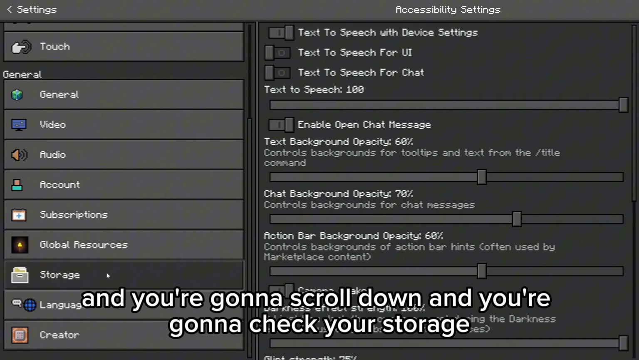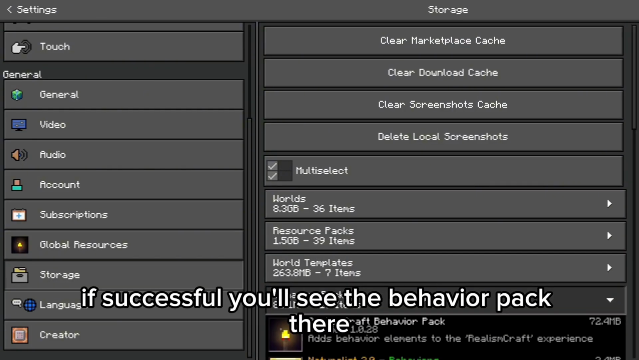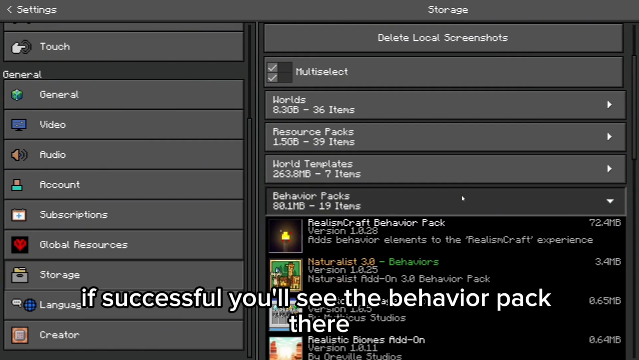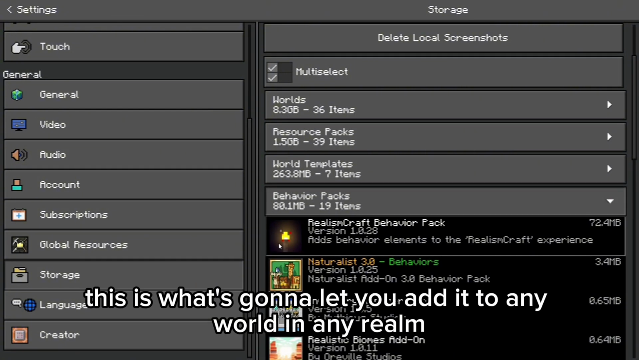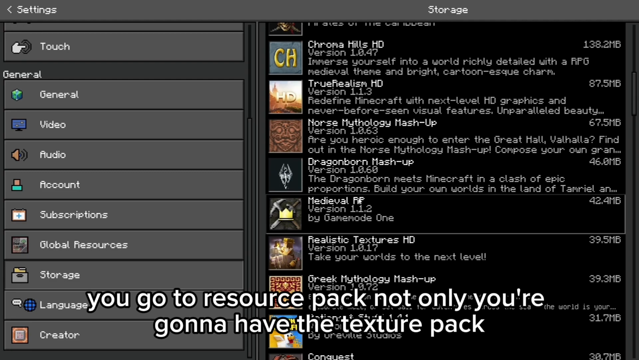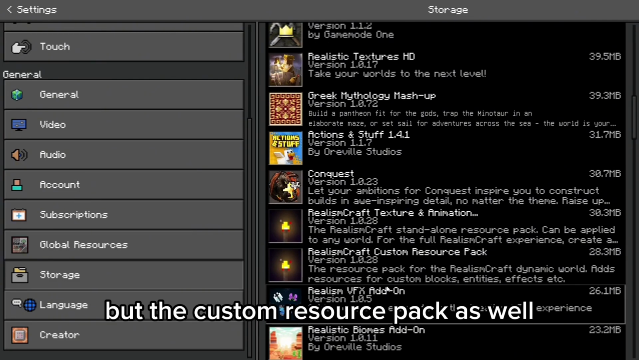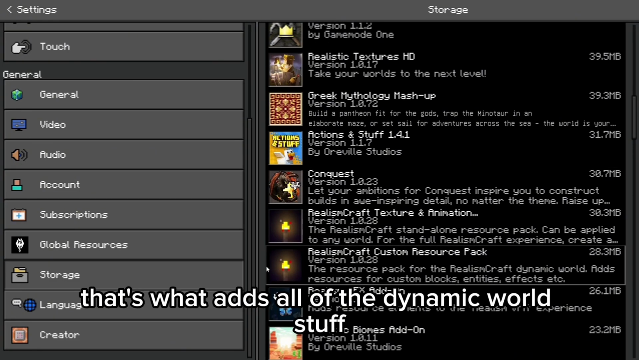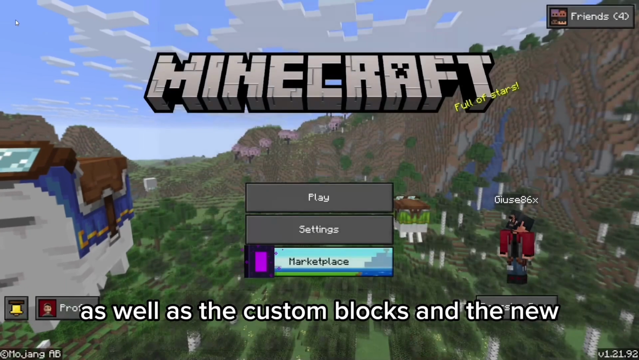you're going to scroll down and you're going to check your storage. If successful, you'll see the behavior pack there. This is what's going to let you add it to any world and any realm. You go to resource pack, not only are you going to have the texture pack, but the custom resource pack as well. That's what adds all of the dynamic world stuff, as well as the custom blocks and the new